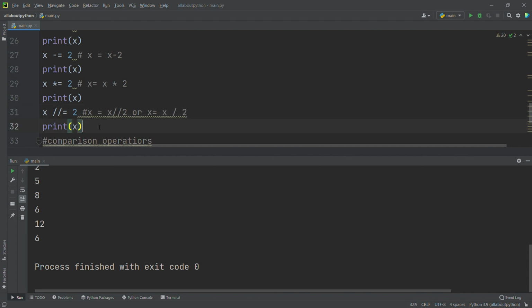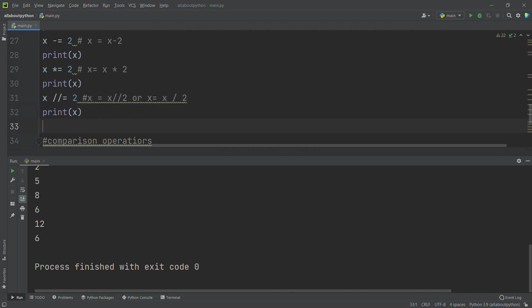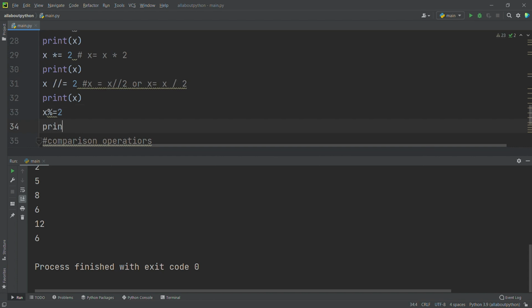I'm saying the two operators here. Next we have the percentage, so first I have to give %= 2. Print of x. See, it's printing the result, right? 2 sixes are 12, so the remainder is 0, so it's printing the remainder here.